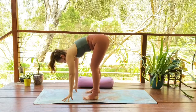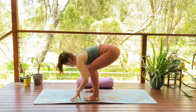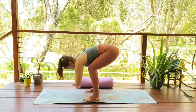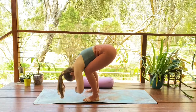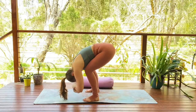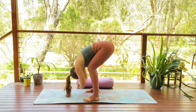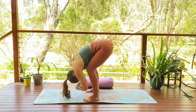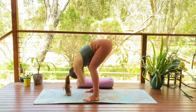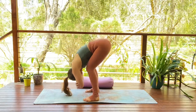So from here, we'll just start to press up onto our next shape. So you're going to come to a standing position. Feet are about hip distance apart and the movement is known as dangle. We won't be in this one for too long, but aim to bend your knees and rest your chest upon your thighs. And as you start to ground down in the shape, anchoring down through the soles of the feet, the heels of the foot and the big toes, and just stirring gently, again fluidly and intuitively into the